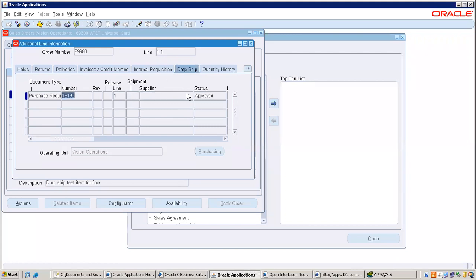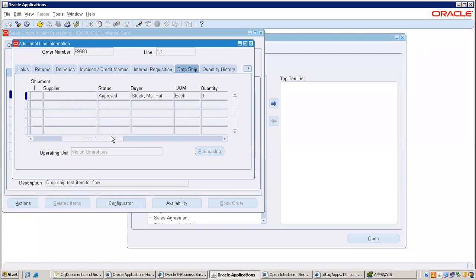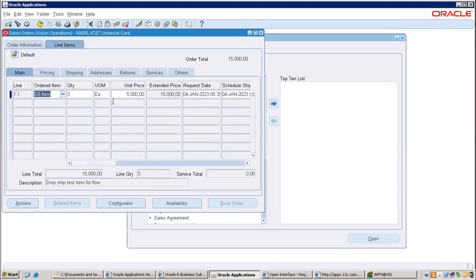Now, quantity is how much it is? 3, right? If you modify in the sales order line level, let's say I'm making it 6 or 2, that's better. Okay, I'm reducing the quantity.